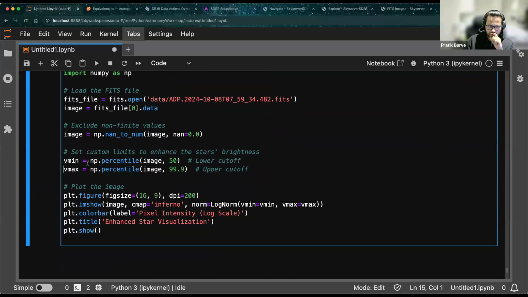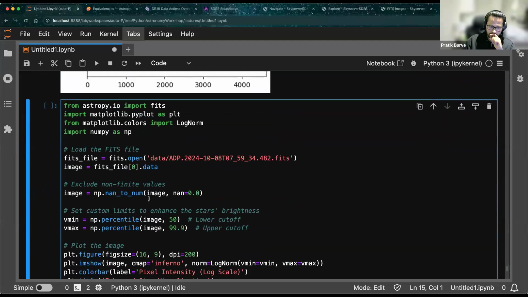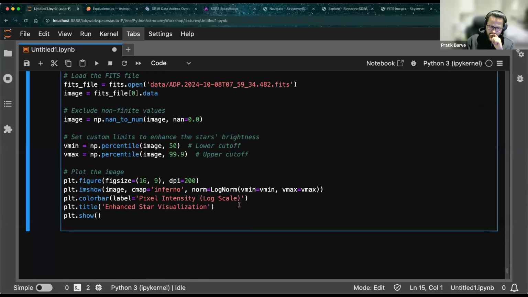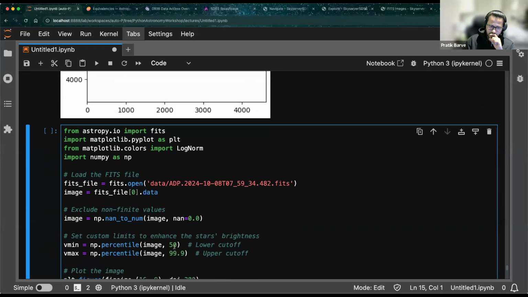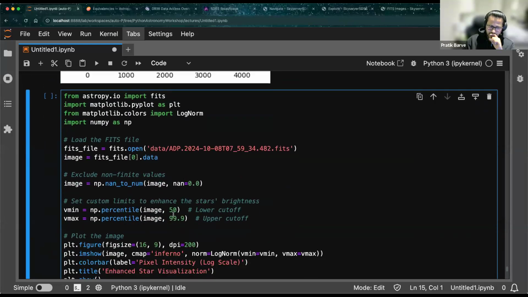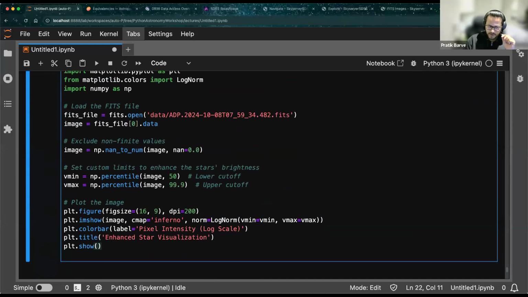I set a cutoff. So whatever the 50 percentile of lower values in this image, I ignored them. And even the maximum, above 99.99, I ignored with the cutoff. So most of the faint stars, the faint data in it, will be removed, and only the values between the 50 and 99 percentile will be considered. So if I do that,